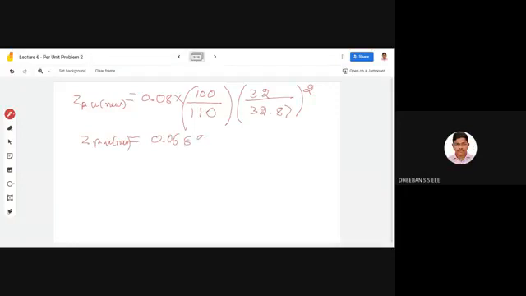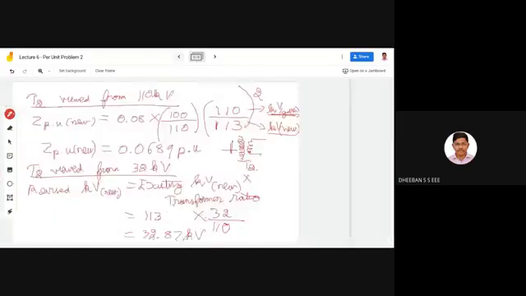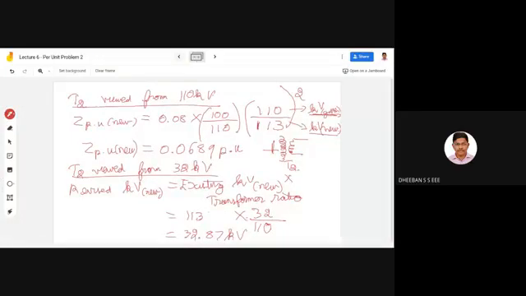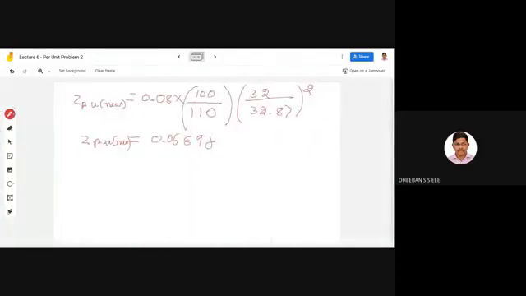So here it is very clear that for the transformer, at the primary as well as at the secondary, we are getting the same value. You can also cross check like that. If you are making any mistakes during the problem, you can cross check whether you are getting the same value. And now you can just round off. Wherever possible it is better to round off in power system computations.